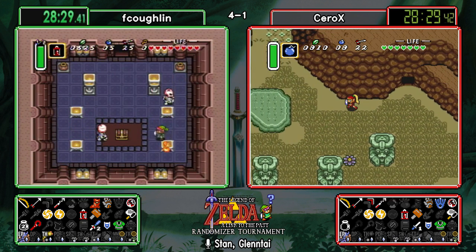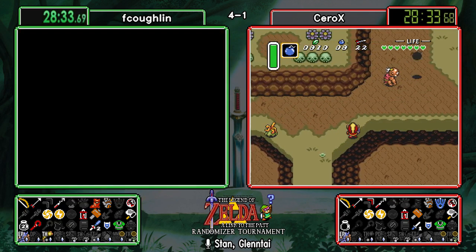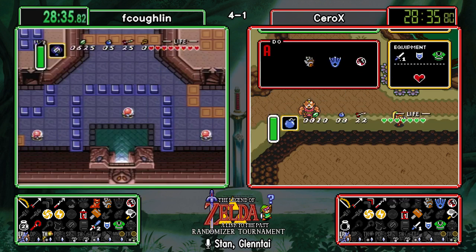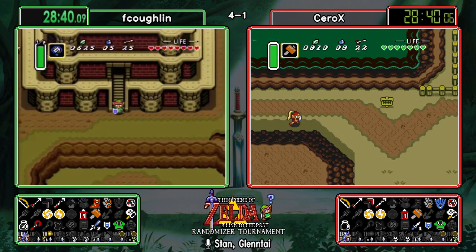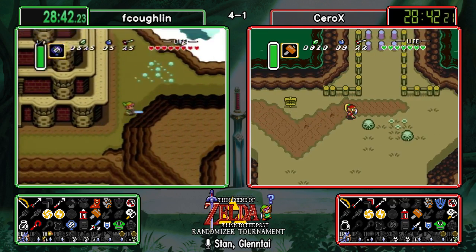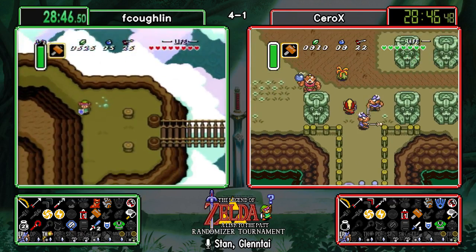So if another shield is easily accessible, mirror. Oh my God! And there's the mirror. Oh, that's painful. Oh, fcoughlin is glad that he went back for that item. CeroX, though, not so happy that that's going to be there. Of course, he doesn't know that as of yet. But